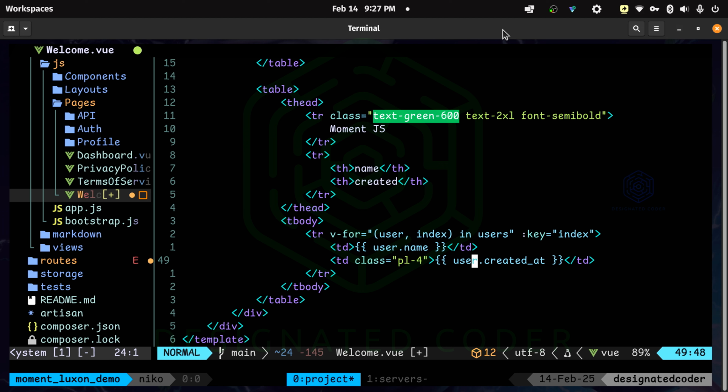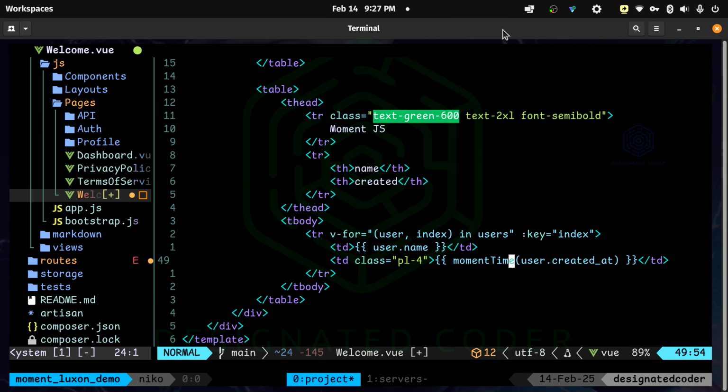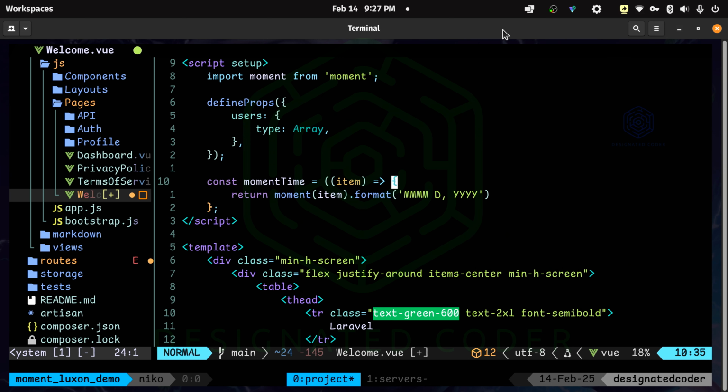Now that we've created that function, we can actually wrap this in some parentheses. And now we can say Moment Time is that user created at. So this is the item that we're passing in up here to the Moment Time function. So I'm going to go ahead and save that.